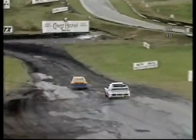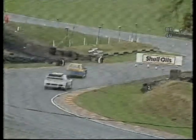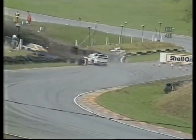again on the overrun, and Rennie there with flame coming from his exhaust, and I think Mark's probably got the boost turned up quite a bit on the turbo now with the RS200, trying to do something about our leader as they go away, accelerating up into the Druids hairpin with these very, very powerful cars, around about 600 brake horsepower under the right foot control of these drivers, down through Langley's Gap onto the notorious knife edge and away